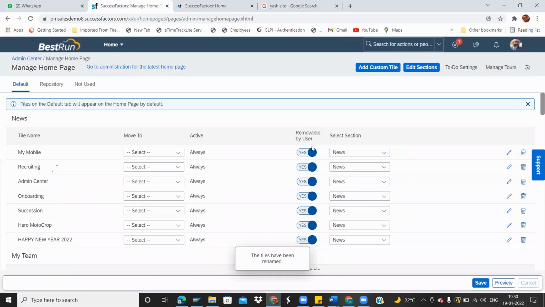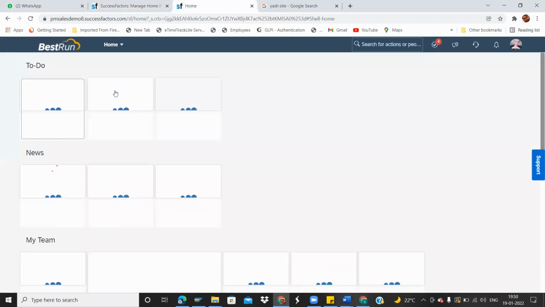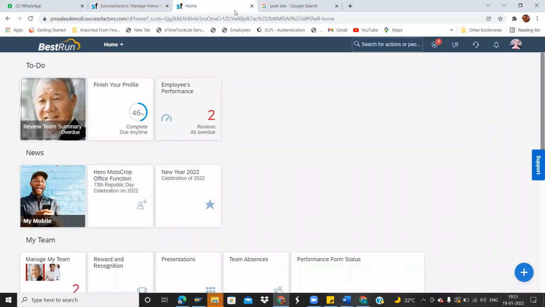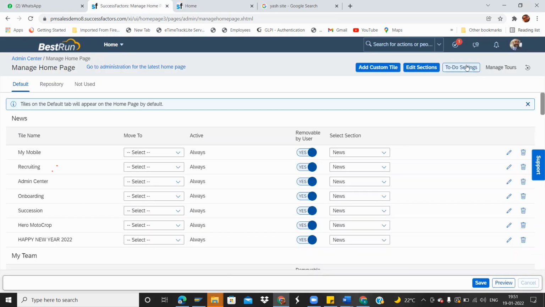Previously it was review performance, right? Now it should show employees performance. See, this has been changed, right? Employees performance. So that you are able to change the to-do tiles. Then the general setting is nothing but